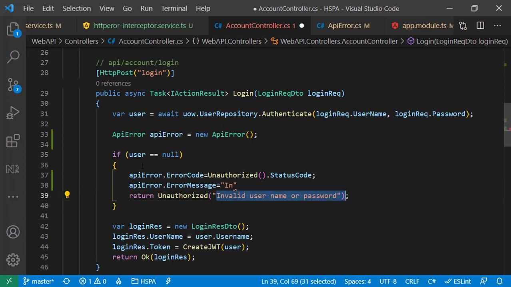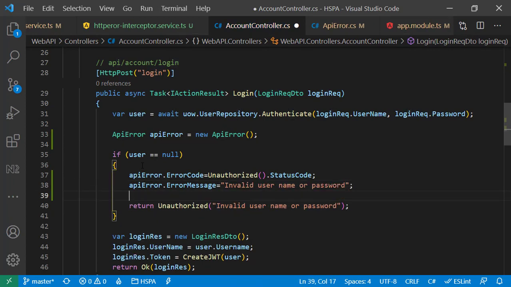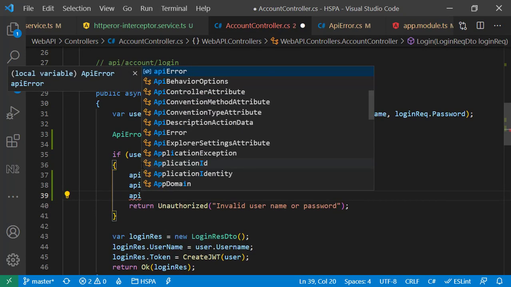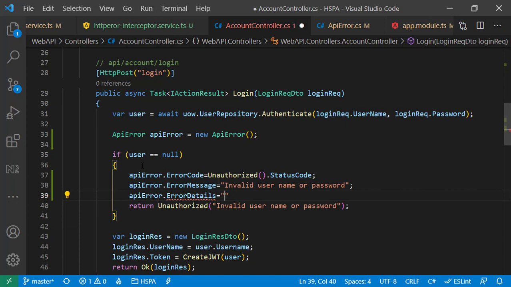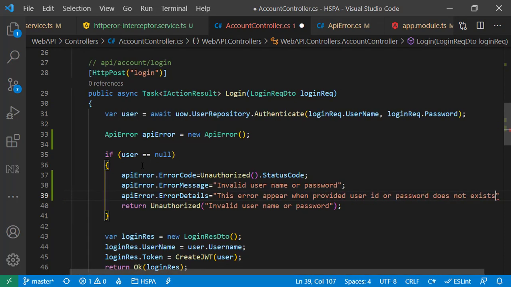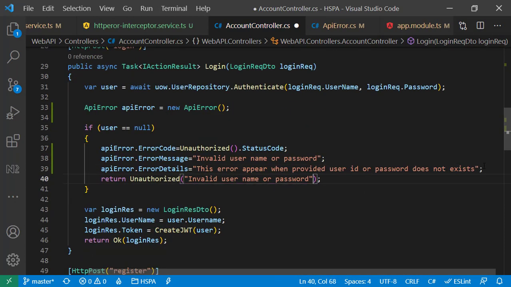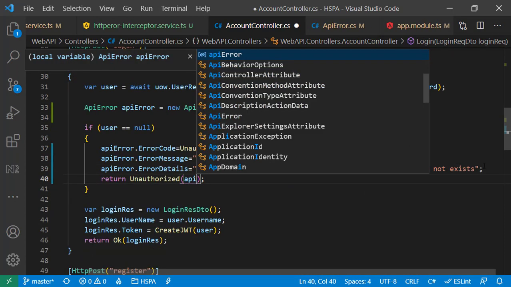Just copy this message from here. And also we can set the third optional argument here to set the error detail, where we can provide some details of this error. Let's tell the user that this error appears when the provided user ID or password does not exist. And finally, return this API error object here in response.